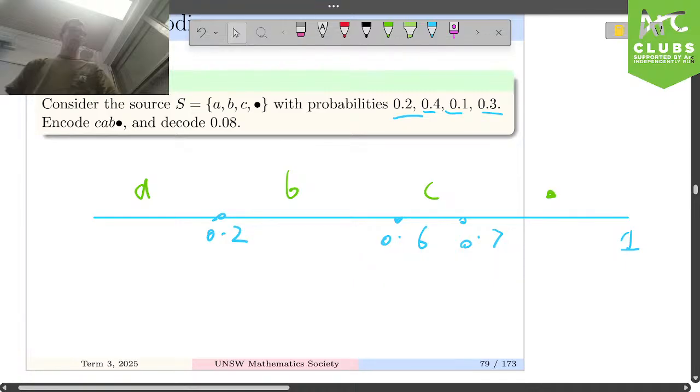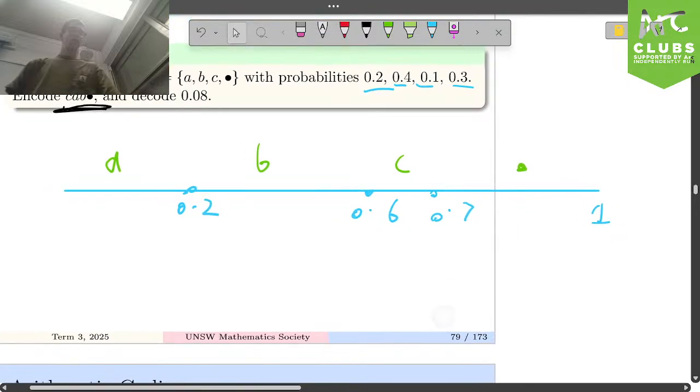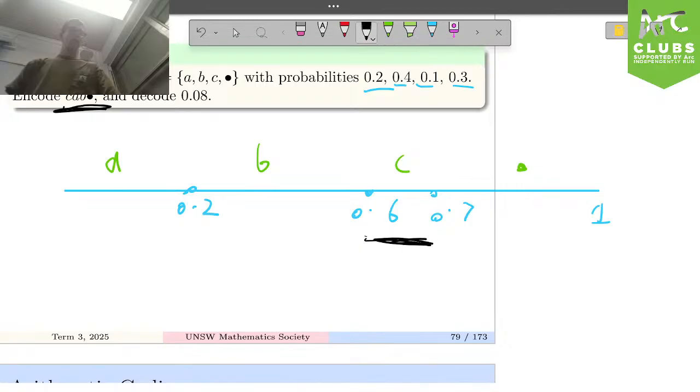Okay, so let's look at the first example where we want to encode CAB. Since our first symbol is a C, we go into this region here. So we want to go between 0.6 and 0.7, which has length